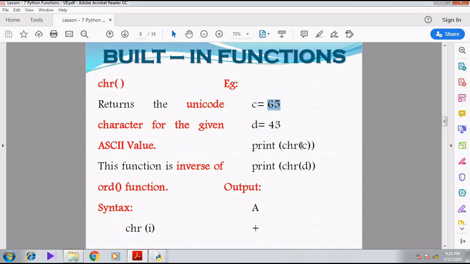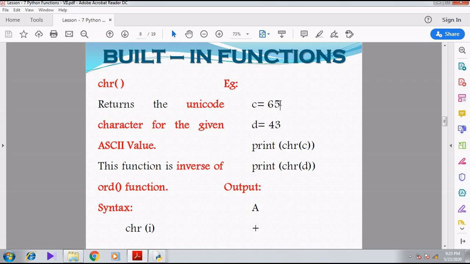C is assigned as 65 only. But when I use the CHR function and pass an argument inside it, it checks the value of the argument. Here we have passed CHR of C. What is the value of C? 65.